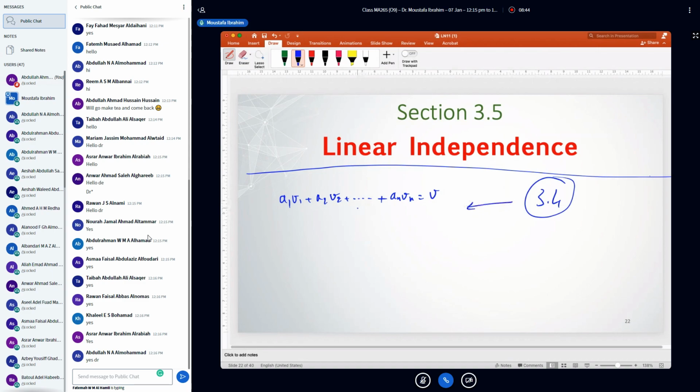For spanning, we have this system. We write the augmented matrix. For the augmented matrix, we have two cases, either consistent or inconsistent. If it's consistent, it means V1, V2, Vn